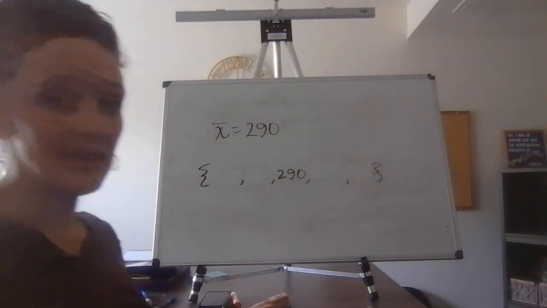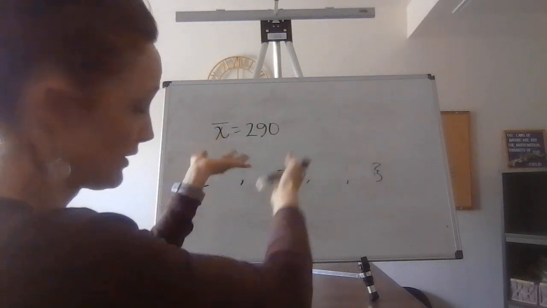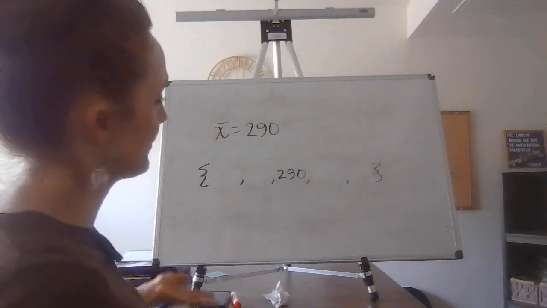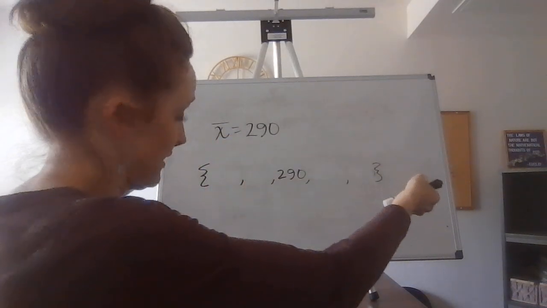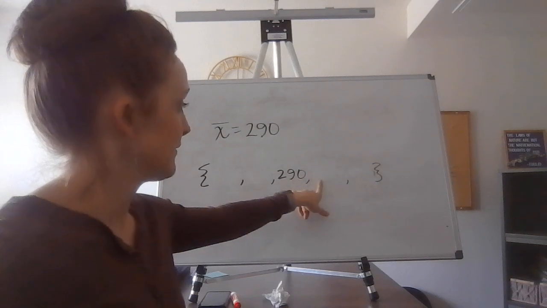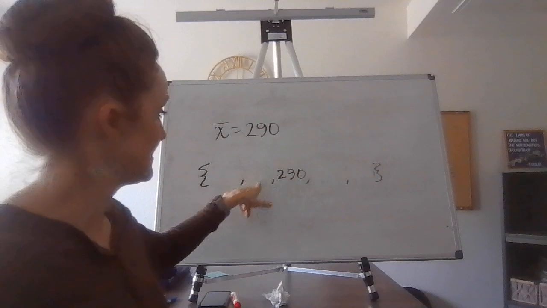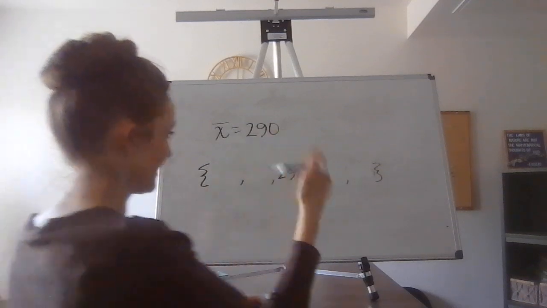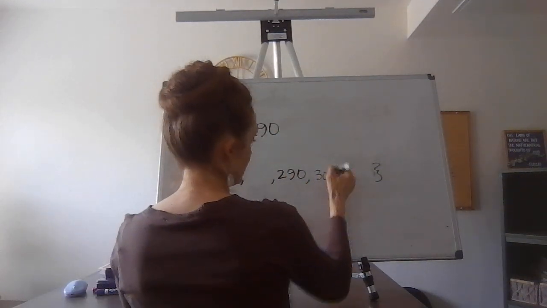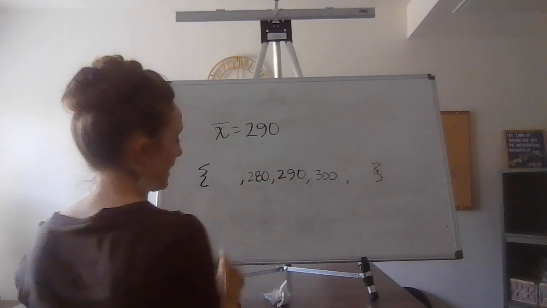Because remember, this mean can be thought of as a way to distribute the points, or whatever it is that we're talking about, among the values evenly, right? So if 290 is the middle, but then if this number is a little bit more than 290, this is the same amount less. Say I had